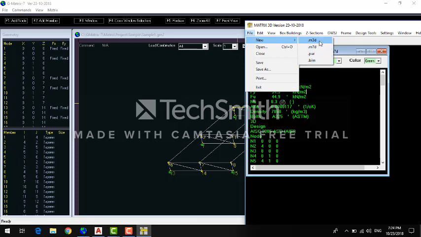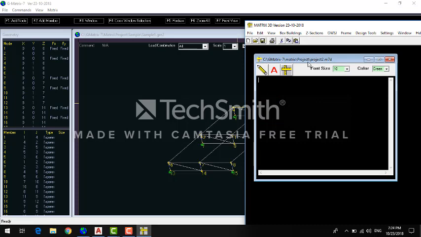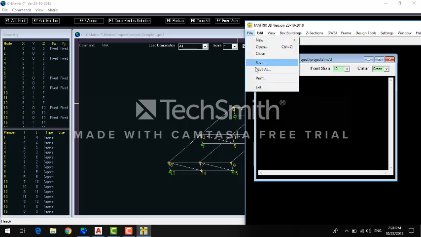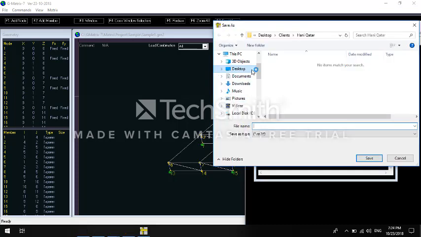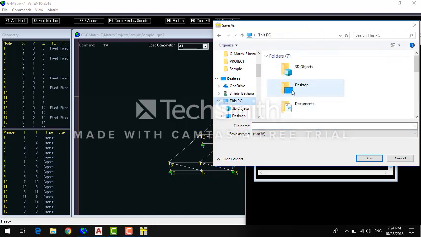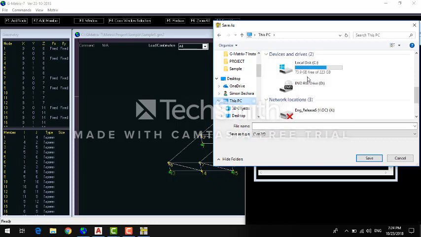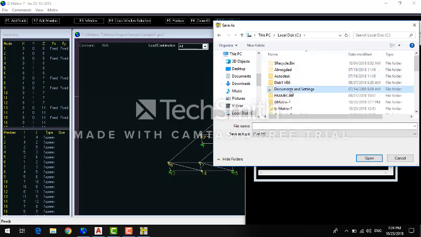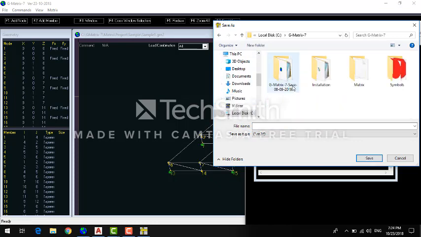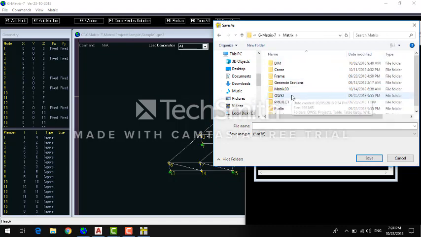The extension that can be converted is .m7d. Now we have project number 2. I'm gonna save it in C drive, G matrix, project,